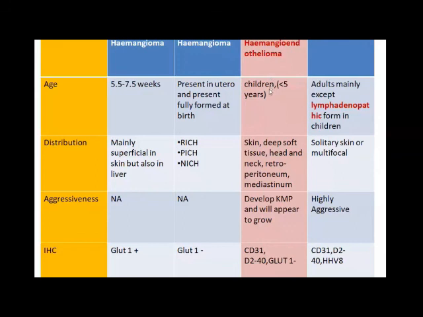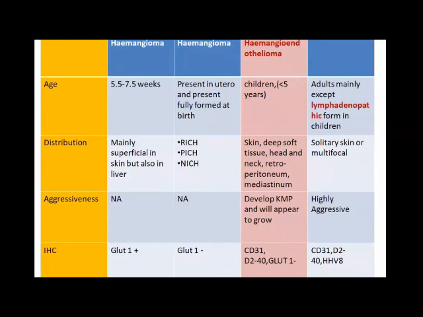Coming to the kaposiform hemangioendothelioma, which was like our case, this was again a child. This can present in adults also, but it is most common in children less than 5 years. It can occur within the skin, deep soft tissue, retroperitoneum, and mediastinum. And generally, they develop the Kasabach-Merritt phenomenon, and these tumors appear to grow, as the clinical history says, that the tumor enlarged to 7 by 5 centimeters in size. The IHC will also support the diagnosis because of staining for CD31, D2-40, and GLUT1 negativity. This will also help to differentiate the benign from the intermediate ones.